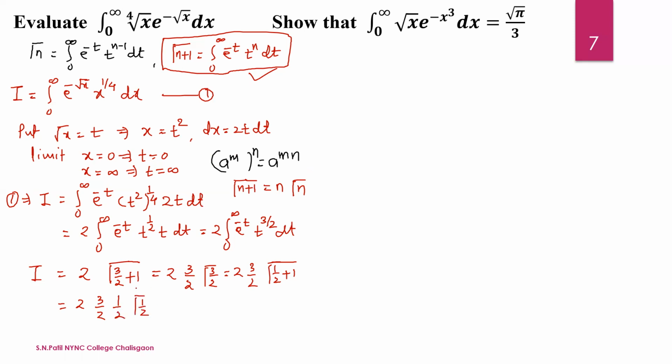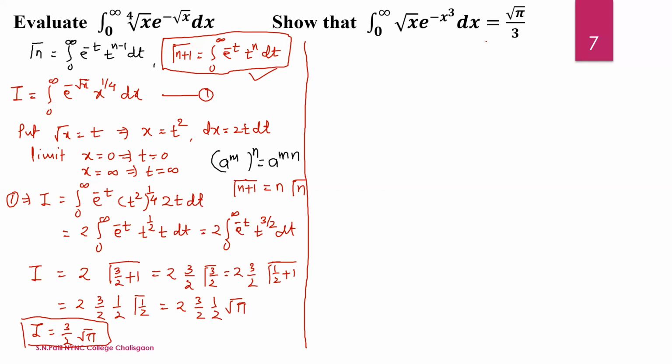And we know gamma of 1/2 is root pi. That is 2, 3/2, 1/2, and the root of pi. The 2 cancels. So we get I is equal to 3/2 into square root of pi. Okay, so that is the solution of the first problem. Now the second problem,